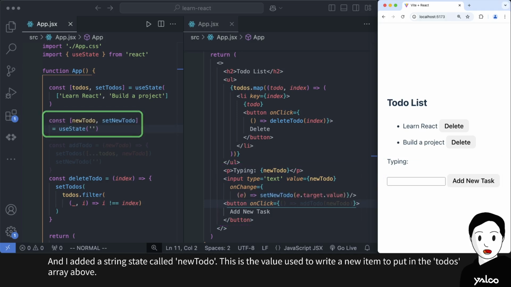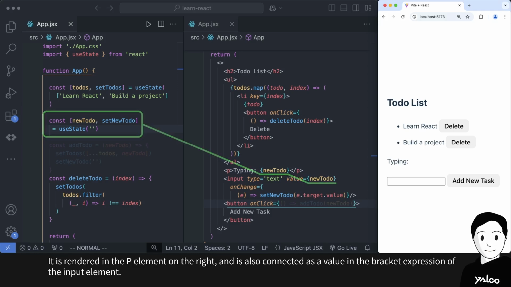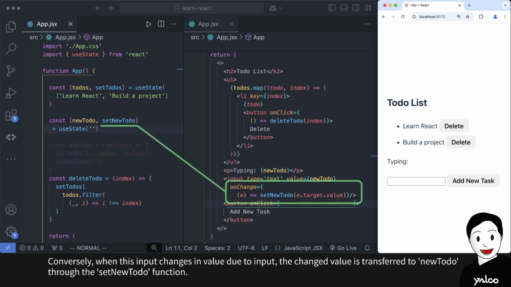And I added a string state called newToDo. This is the value used to write a new item to put in the to-dos array above. It is rendered in the p element on the right and is also connected as a value in the bracket expression of the input element. Conversely,